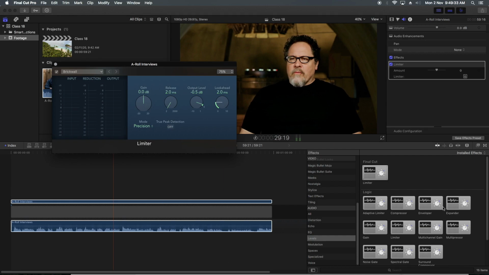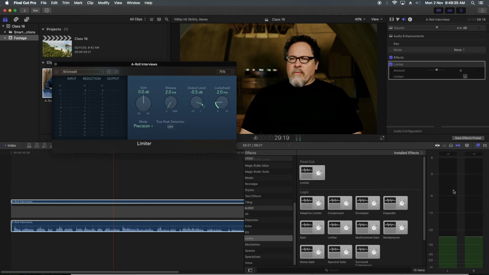If the audio is trying to go beyond that dB, it will compress the audio down and stop it from going beyond that particular dB. So that is output level.